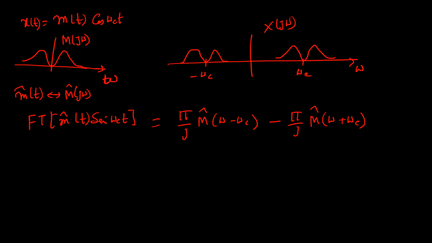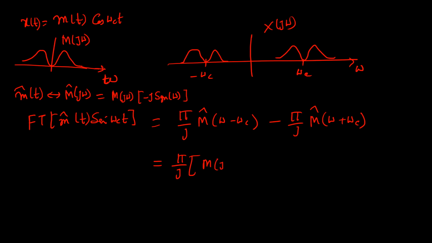Right, now what is your M hat(jω)? That is your M(jω) times minus j signum of ω, right? So if I replace that here, what will I get? So this j cancels out. And it is okay. I write first M by j. So this M hat, now it is shifted, ω minus ωc. So everywhere.